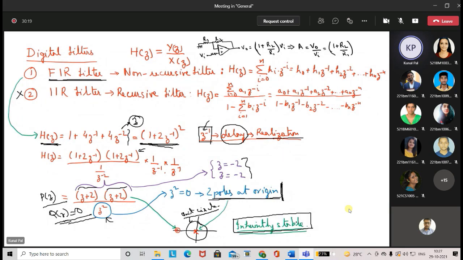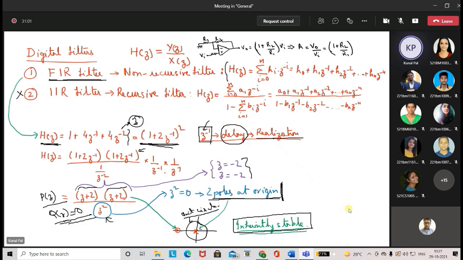Now from where does it come? It comes from this equation. We already have a typical or empirical formula for designing the FIR filter. Whatever you do, you will not be able to place the poles of the FIR filter at any place other than the origin of the Z plane. Because of this reason, the FIR filters are inherently stable in nature.